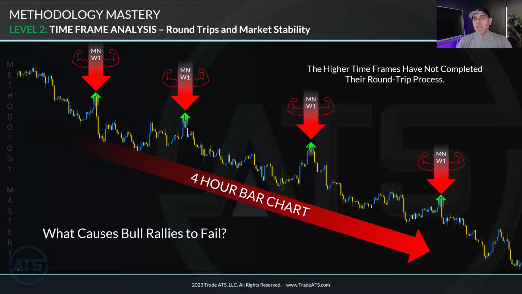When they complete their process of selling this market, pushing it down, they will then buy the market, closing out their round trip process, and then the next 4-hour rally will be combined together with the buy transactional volume of the higher time frames, and that will be what will finally cause this market to reverse in a big